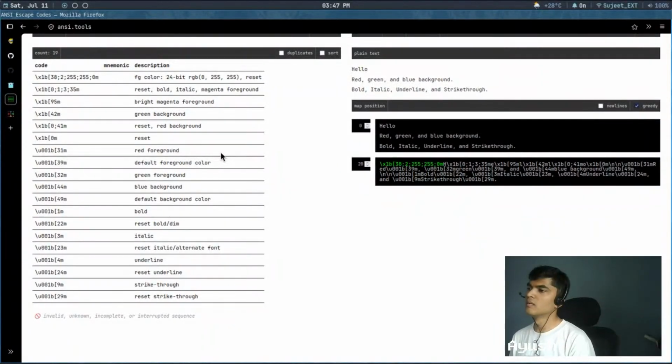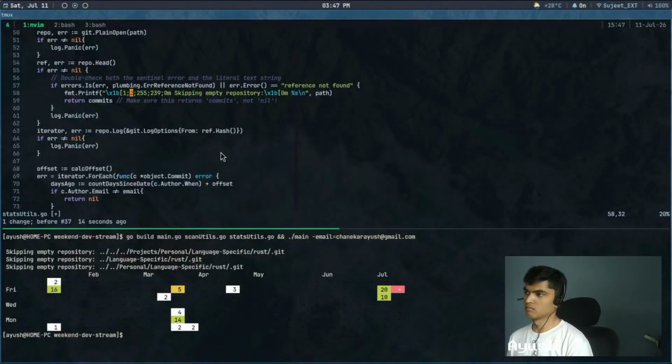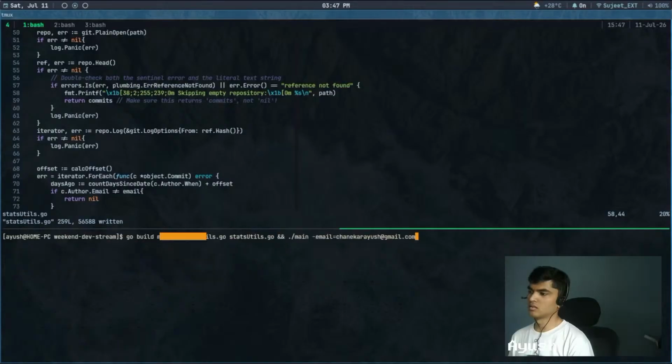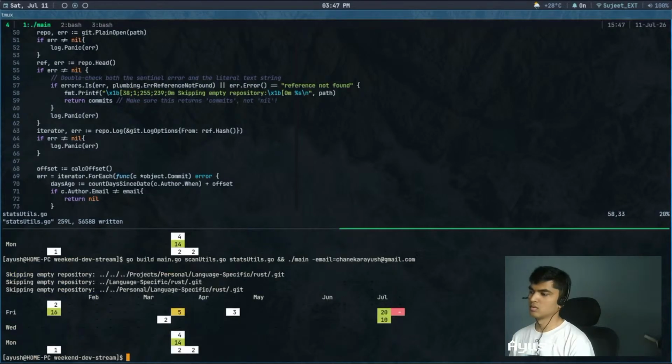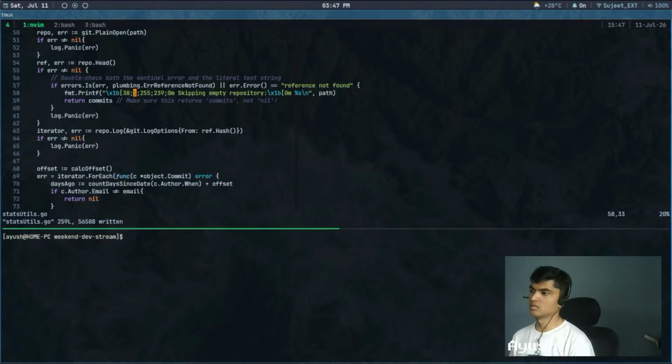Hmm. Fine. So what does the 38 and 2 even do? Oh, okay, so it's specifically for foreground color. Fine, I guess we have to do the